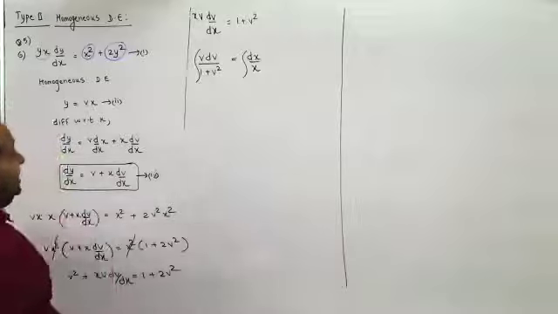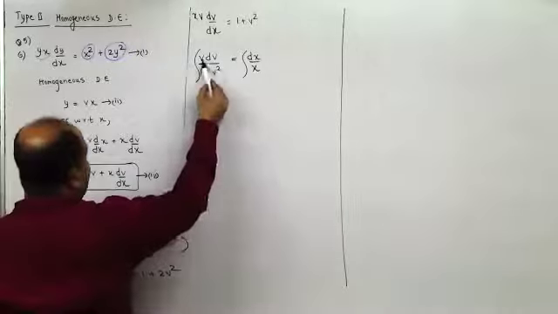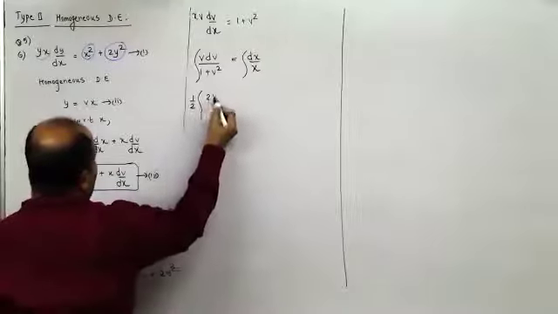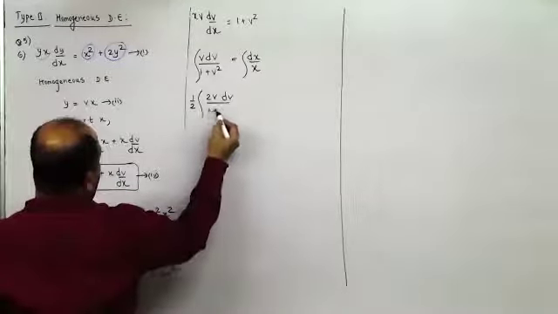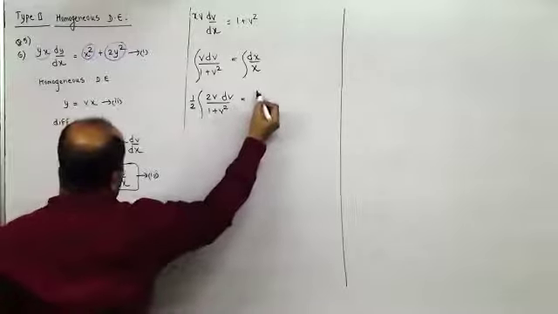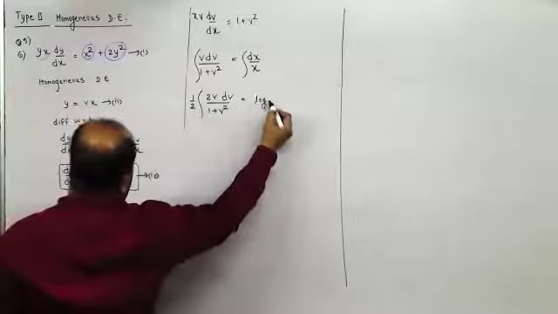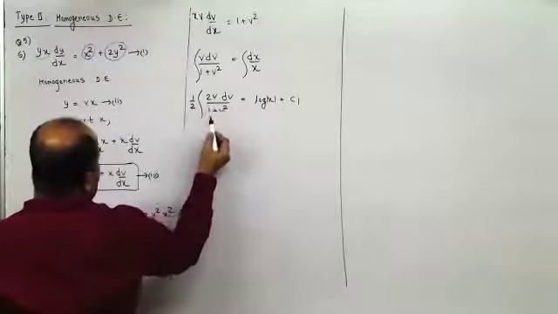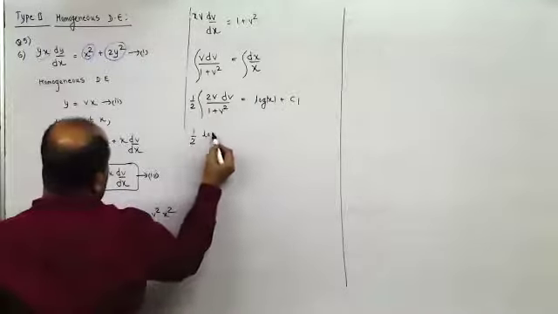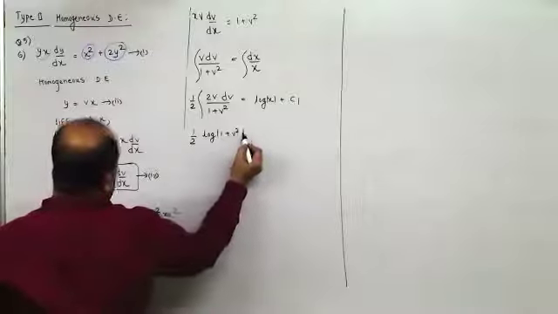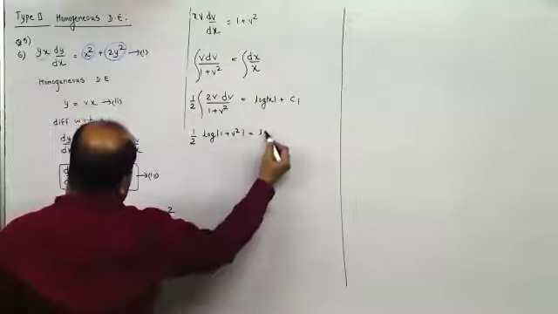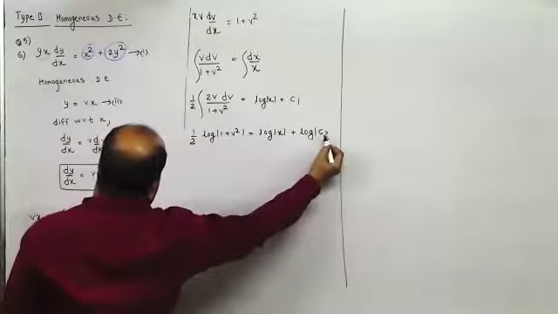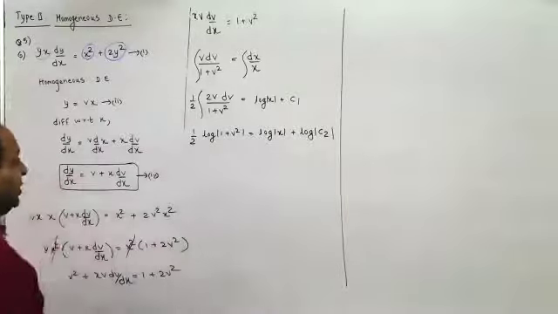Now here, this is linear, this is quadratic. Derivative of denominator is the numerator. For that, I need to multiply and divide with 2. Here, this would be log x plus some constant. Now, this is linear, this is quadratic. So, derivative of denominator, that is log of denominator, is the answer. Now, since all are in terms of log, the constant would also be in terms of log. So, I'll write here log of some constant instead of C1.